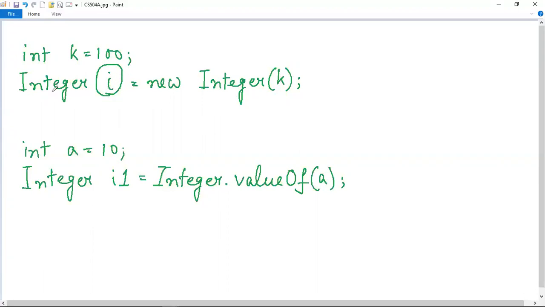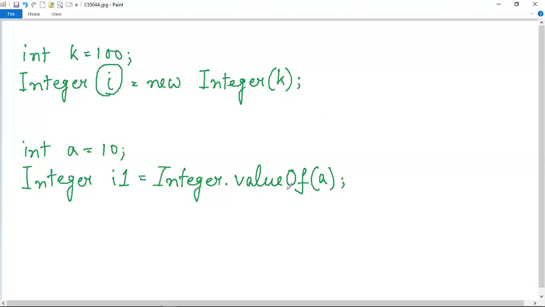Here we have taken this I1 reference variable from this Integer class, and we have used the valueOf method in order to wrap up the primitive variable a into an object using the reference variable I1, and this method resides in the Integer class itself.